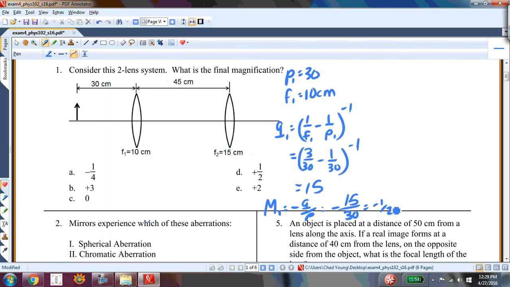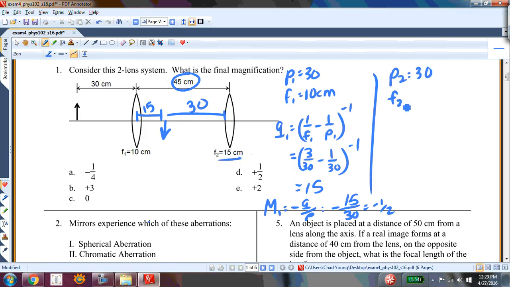All right, so now I take the second scenario. My first image is 15 centimeters in this direction. That means this distance is 30 centimeters because the total combined distance is 45. So now I have P2 equals 30, and my F2 is 15, and I do the same thing again. So Q2 is (1 over 15, or 2 over 30, minus 1 over 30) to the negative 1, that's 30. And then M2 is negative Q over P, negative 30,